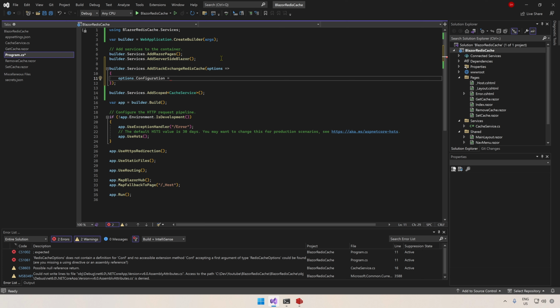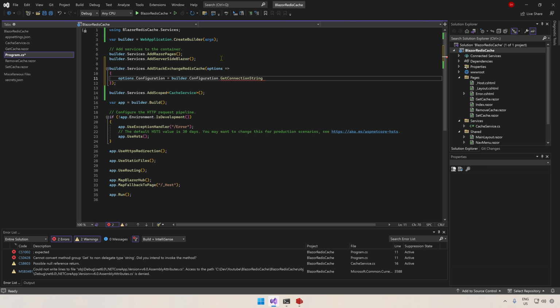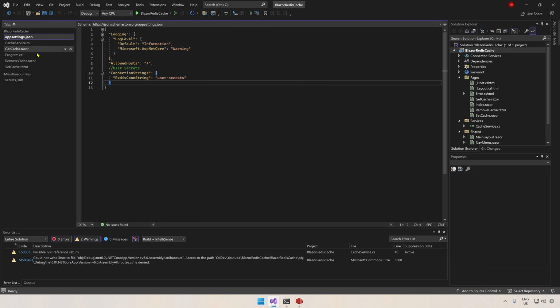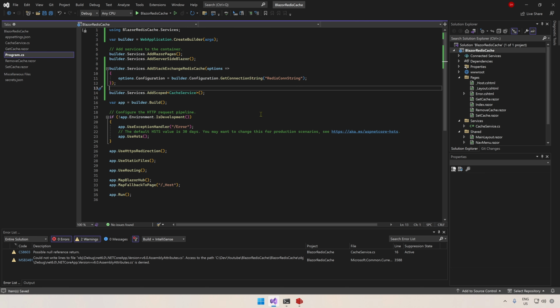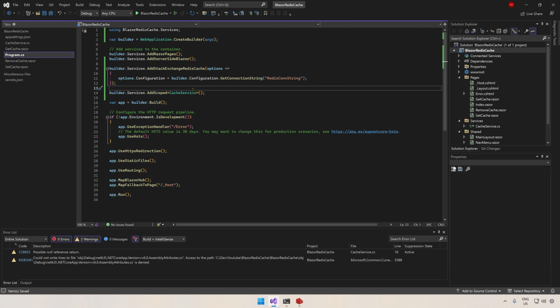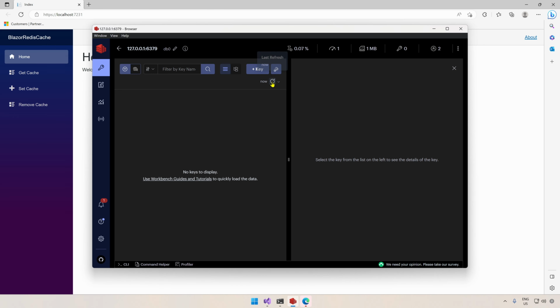So we can go builder.Configuration.GetConnectionString, and we called it RedisConString from memory. Yep, RedisConString. Okay, so what that's effectively done is that is now injecting in the necessary bits for the cache. So if we run this now, remembering that in our Redis Insight, if we click refresh,